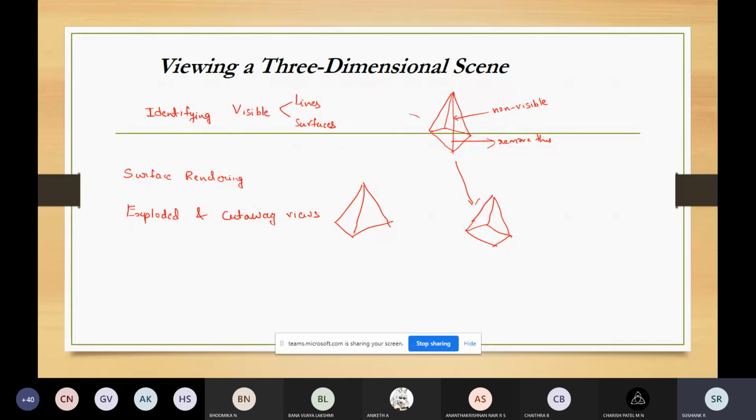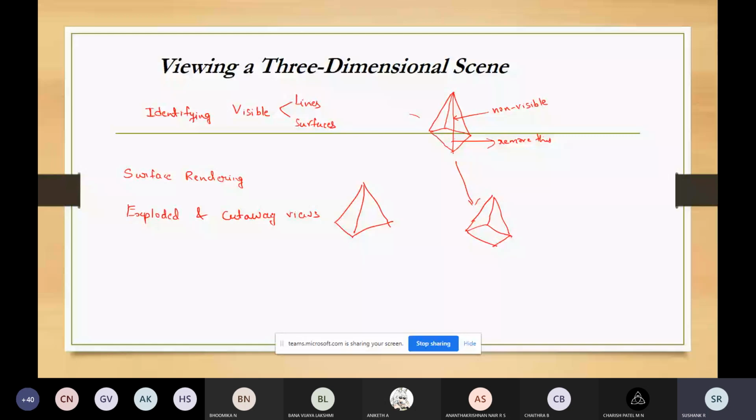Graphic packages will allow the objects to be displayed as a hierarchical pattern in which the internal details of that object can be stored. So with this method, exploded and cutaway views of such objects can be used to show the internal structure of the object and the relationship of the object parts.